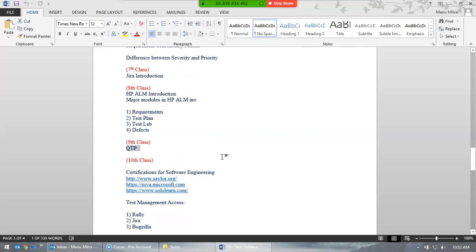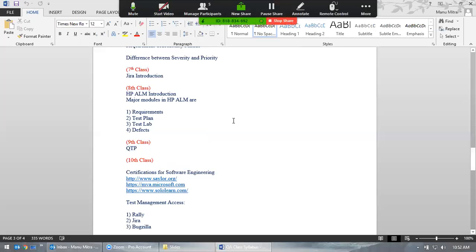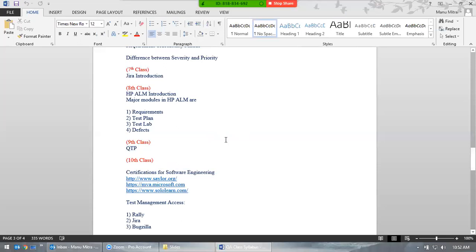This is for regression testing, so we'll talk about it as an introduction. I'll just touch base on the coding and see if you have any interest in that. Otherwise, you can just see why this is important: you are a tester, and a tester doesn't do just one thing. You'll be doing multiple things, so they will also expect you to know other tools.